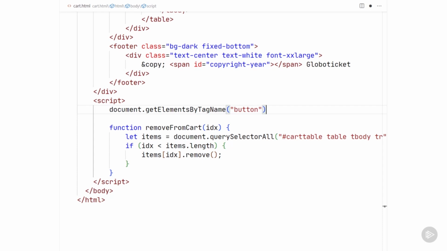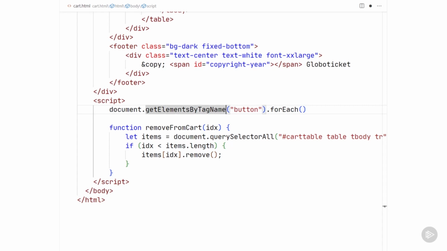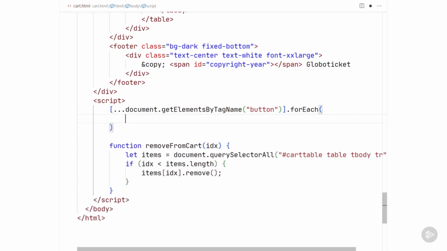But here, all buttons is exactly what I want, and then I would like to iterate over them like this with forEach. However, there's a catch. I can't forEach over the data returned by getElementsByTagName, but using the spread operator, I can do that. So I iterate over all of the buttons, and for each button, I just do a